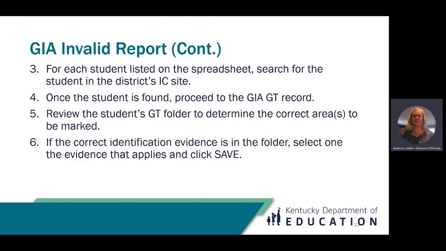For each student listed on the spreadsheet, search for the student in the district's IC site. Once the student is found, proceed to that student's GIA GT record. Review the student's GT folder to determine the correct areas to be marked. If the student should have been marked for the 9th Stay 9, then mark 9th Stay 9 and the assessment